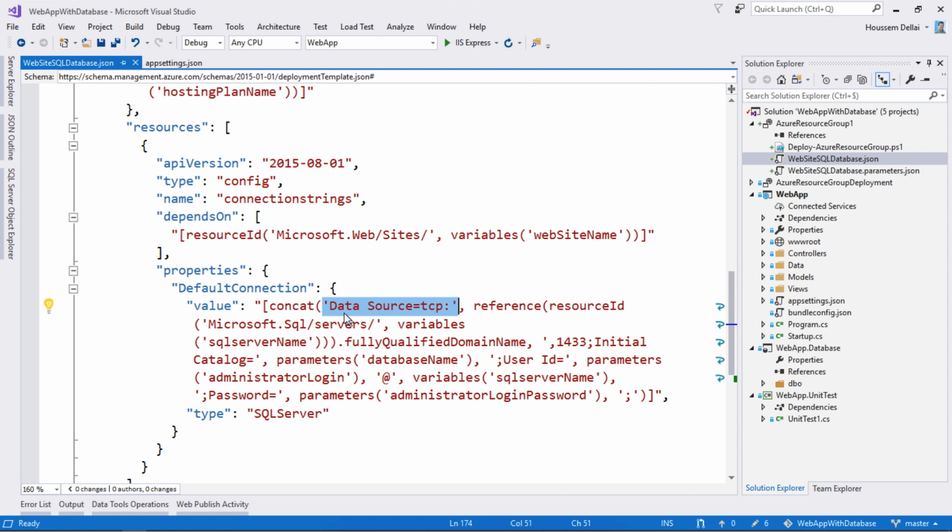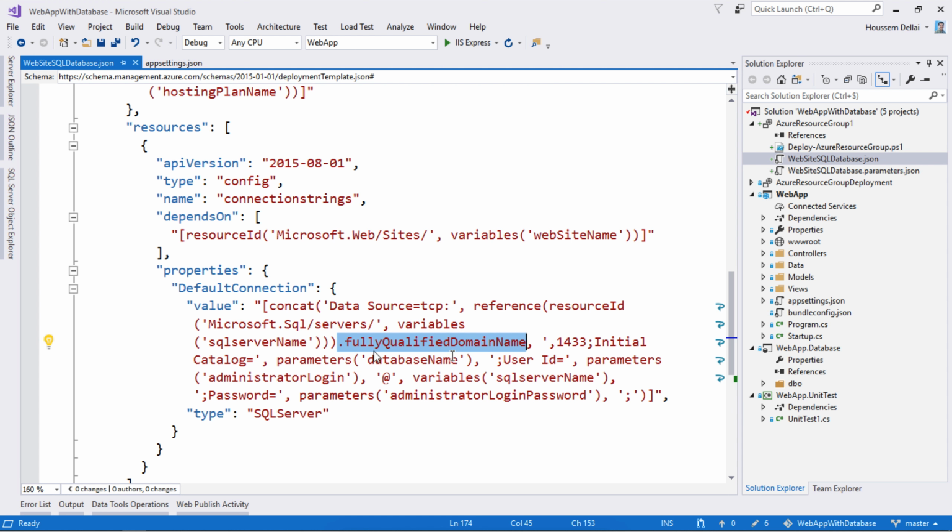It will start with Data Source equals tcp, then it will try to get the name of the SQL instance. Here it's using the variable SQL server name, and it's using the syntax fully qualified domain name so that it will get the extension